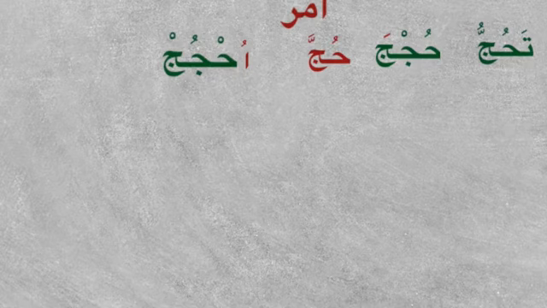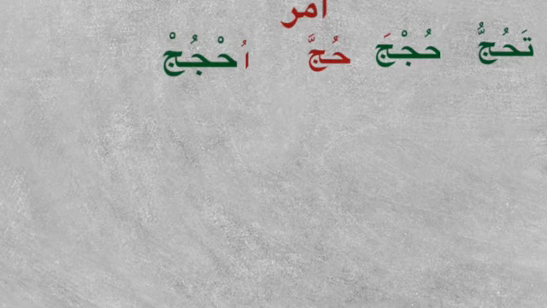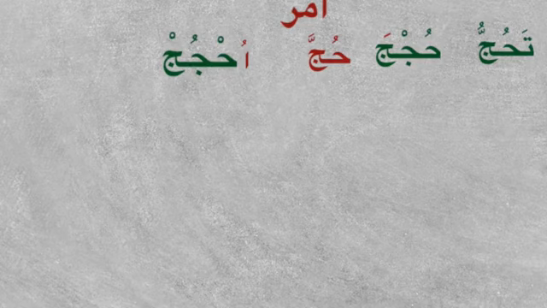So it is uhjuj. Uhjuj is the same as hujja, so they both mean the same. This is the difference in muda'af, where we can make amr by bringing the original bab nasara yansuru, or by using the idgham